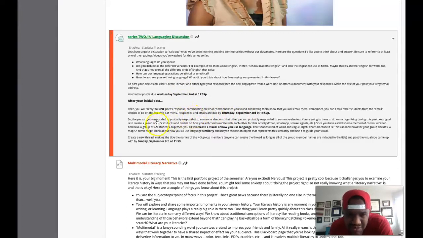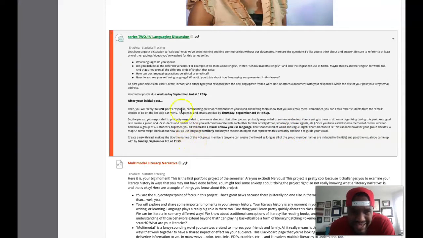All right, so it says the group is 4 to 5 students. So no less than 4, no more than 5. And then this is what you're going to be doing. You're creating a visual of how you use language, and it can be whatever you want it to be. A comic strip, a map. Think about how you use language similarly, and maybe choose an object that represents this similarity and use it to guide your visual. So all you're doing is creating a visual,